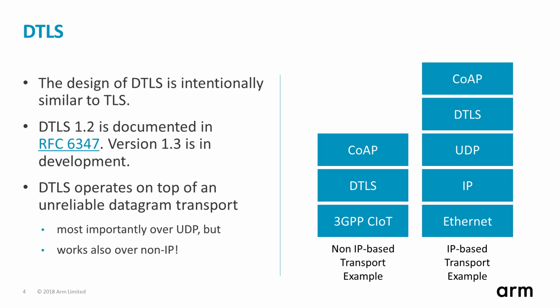First, there is a non-IP-based transport example where CoAP is protected by DTLS running over the 3GPP cellular IoT transport such as NB-IoT. The other example is a classical IP-based transport, where CoAP is protected by DTLS running over UDP, over IP, and in this case over Ethernet. This protocol stack is similar to what we are using in our hands-on session. DTLS has become popular in the voice-over-IP and real-time communication environment long before IoT developers have also recognized its